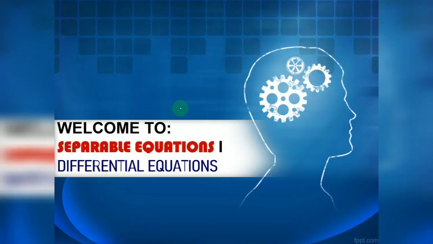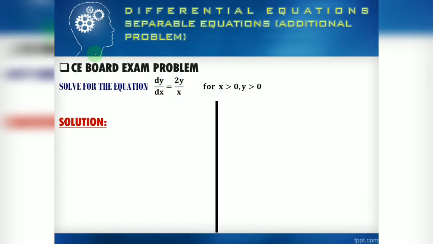Hello, good day everyone, and today we are going to discuss one additional problem for separable equations in our subject, differential equations. This problem is also a board exam problem, and we will go directly to it. According to this one, we are going to solve the equation dy over dx equals 2y over x, where x is greater than 0 and y